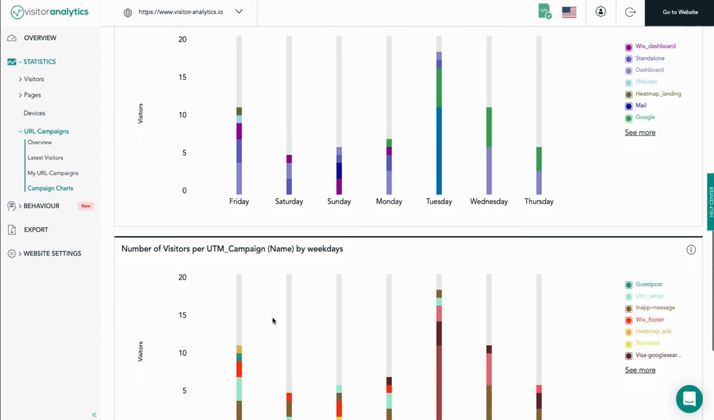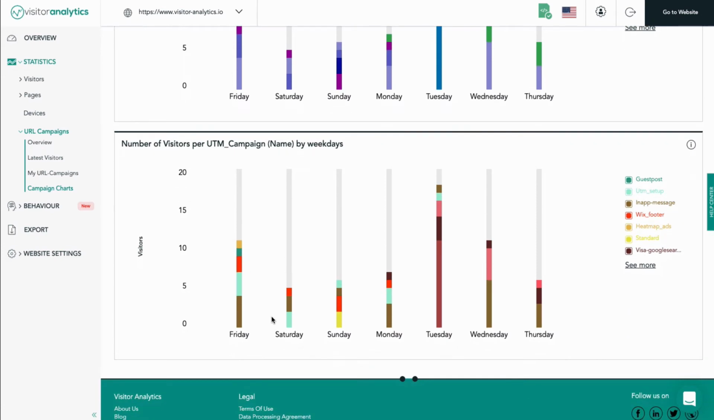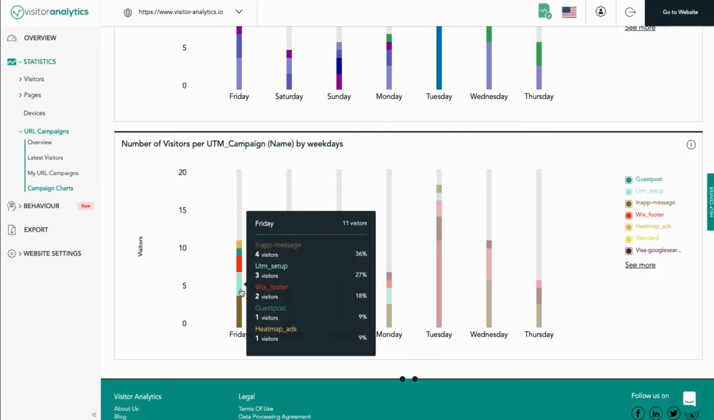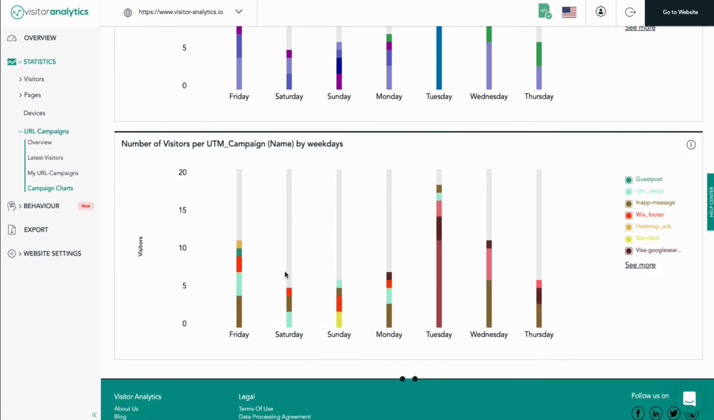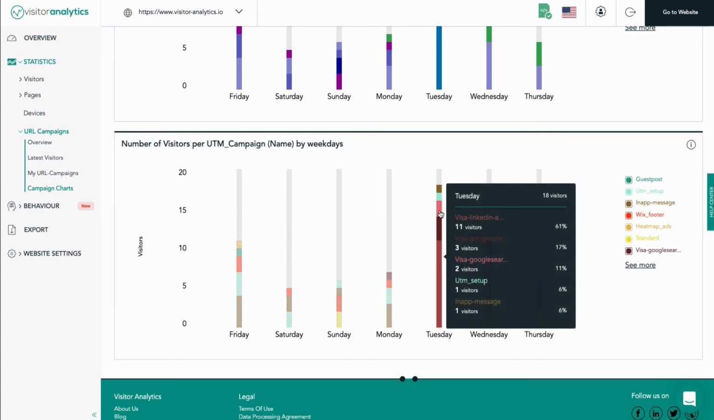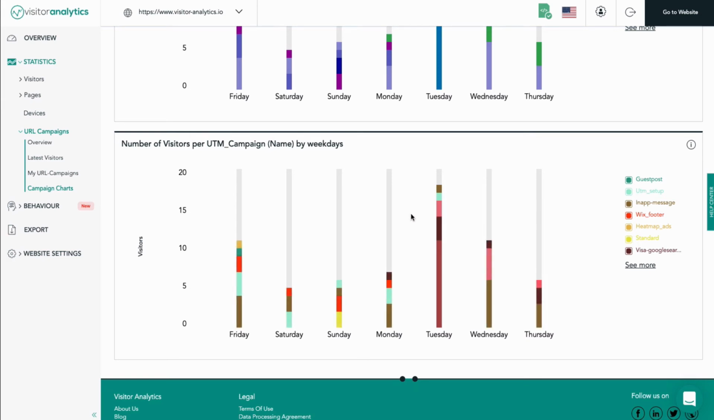Number of visitors per UTM campaign by weekdays lets you see how many visitors each campaign got daily in the previous week. Using this information, you can analyze which campaigns are the best performing, or more easily put, what works and what doesn't, what sources are worth investing time and money in, and which days are best for launching a